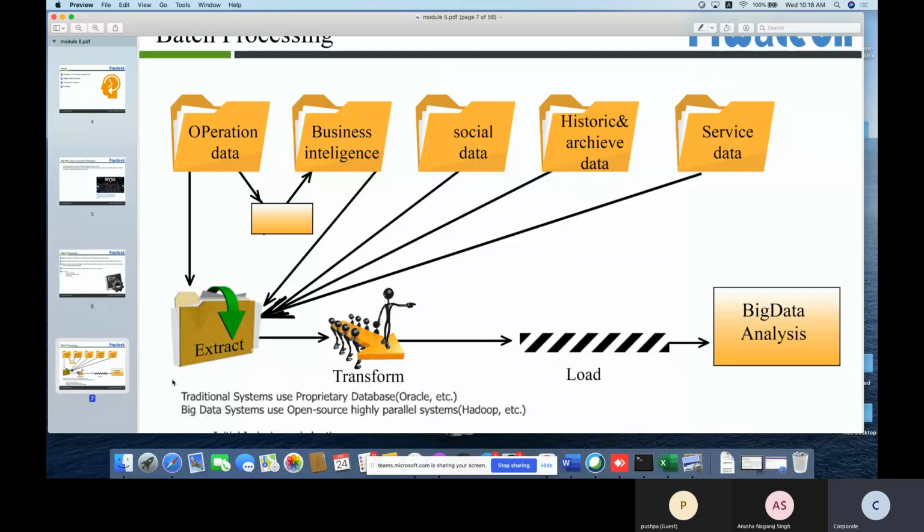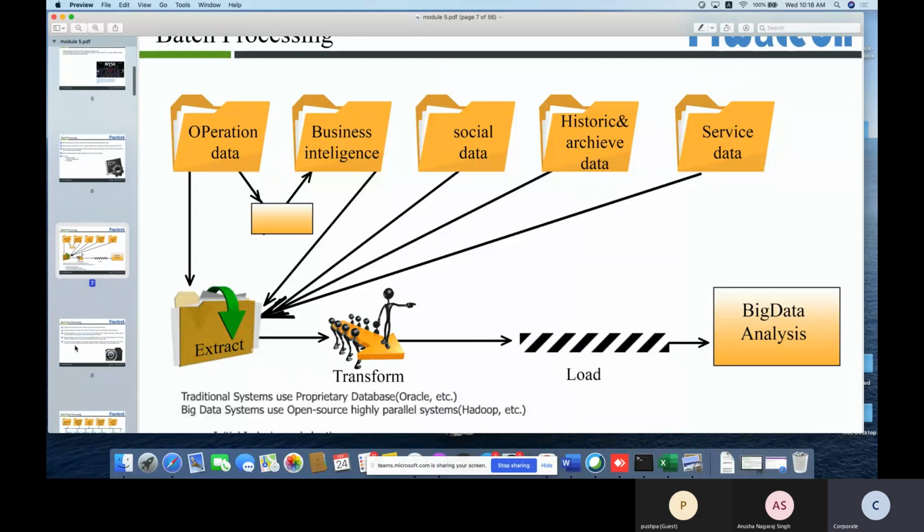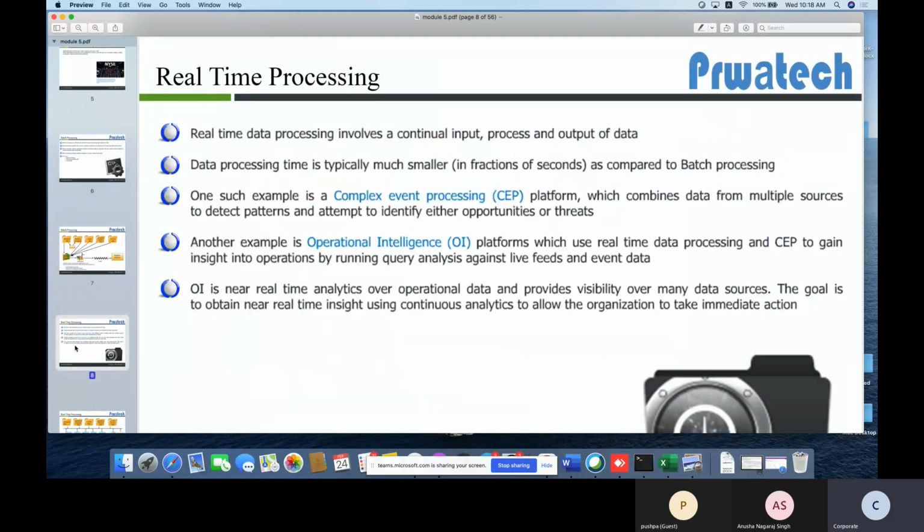So what technology should I use for batch processing? What is the best technology for batch processing? Hadoop. We can get much faster results there. But what is real-time processing? Data that keeps updating, up and down, all the time. So Hadoop cannot perform this. It has the principle of write once, read multiple times. So Hadoop cannot support this real time.